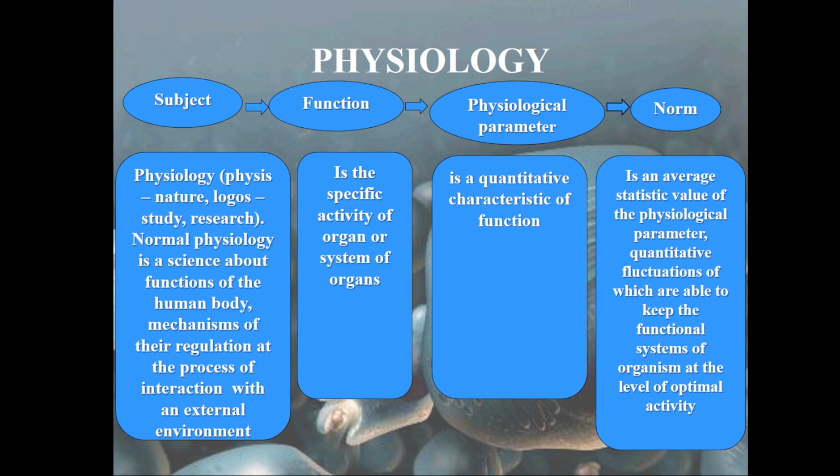Here you may see the definition of the norm. Norm is an average statistical value of the physiological parameter, quantitative fluctuations of which are able to keep the functional system of an organism at the level of optimal activity. And I hope you know that there are two basic mechanisms of regulation of all body functions. There is the nervous mechanism, which deals with conduction of nerve impulses through the nerve, and is based on the reflex principle,